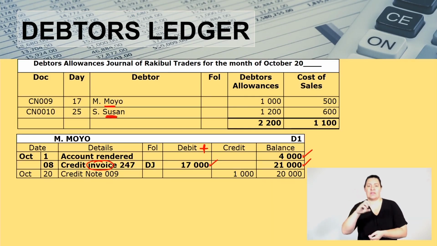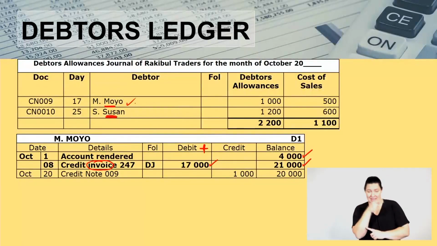Then some of the goods were damaged. Therefore, M. Moyo had to return the goods to us. You remember, there it is. And then there is 1,000. So when you are now recording your allowances, you come to the credit side, which is a minus. I'm going to put my 1,000, which is that one over there. That means from the 21,000 that M. Moyo is owing us, they no longer owe us 21,000, because they have returned goods worth 1,000 back to the business. Therefore, they are now owing